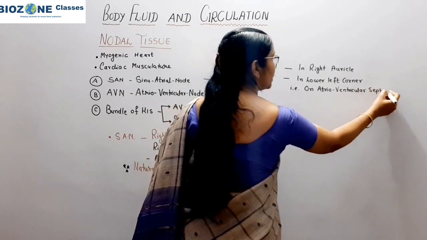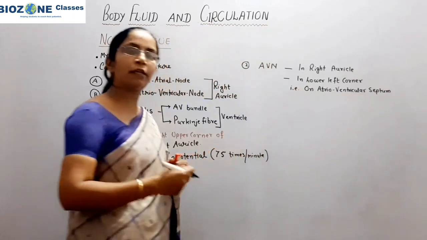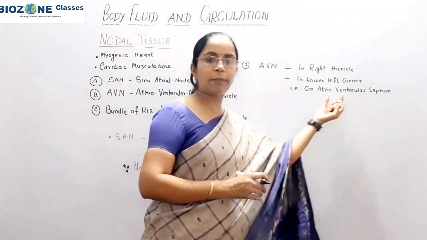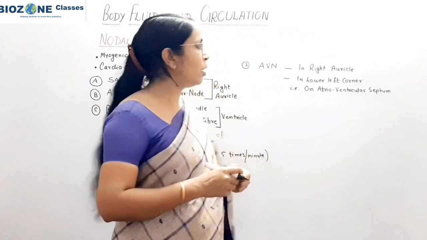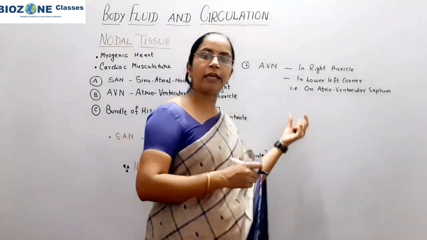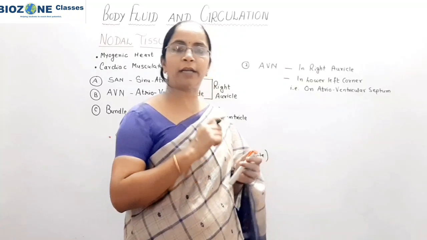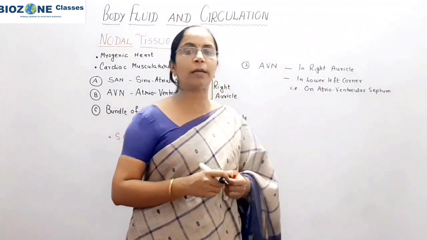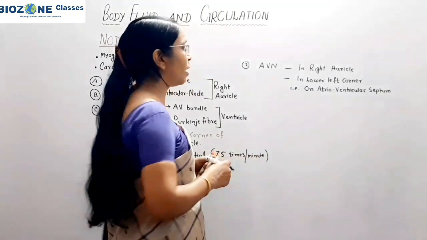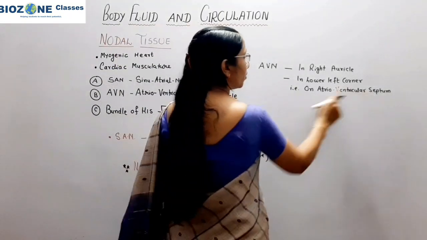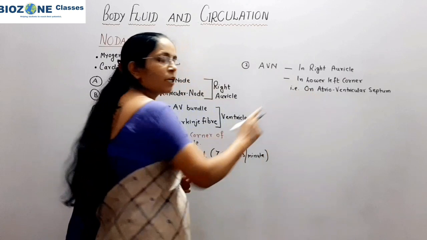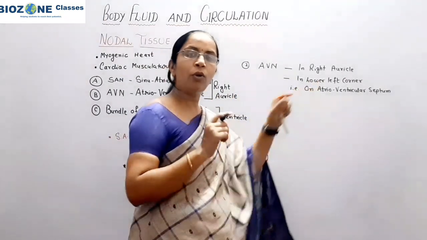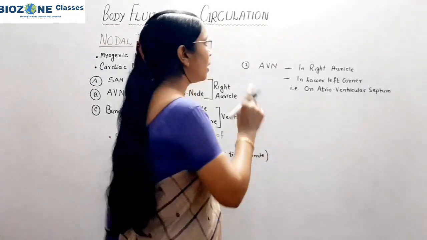Atrioventricular septum, as in the last session we already studied, the transverse septum of the heart is called the atrioventricular septum. The students who are new today and have joined from today, they can go through the link which is provided above, and you can see where the septums and where the important valves are present in the heart. So the AVN is located on the atrioventricular septum as well as in the lower left corner of the right auricle.